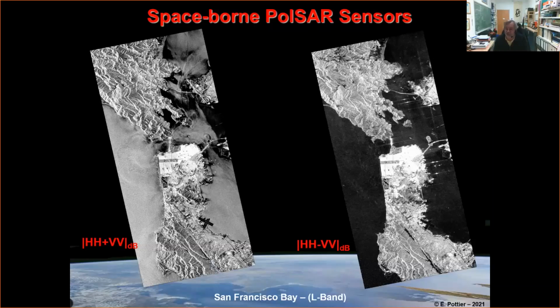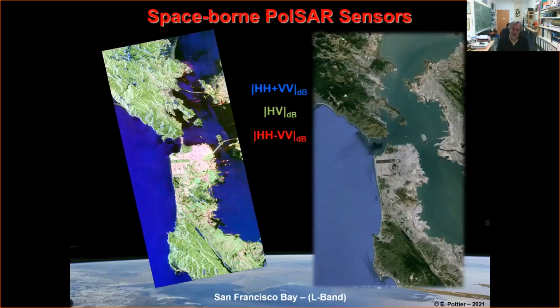And you can see the result of this combination on these two images. You can see that HH minus VV is very low on the sea surface. You do not have a lot of double bounce on the sea surface. You have more single bounce on the sea surface, or you have more double bounce on the urban area compared to the single bounce, etc. So the idea now was the following. I'm going to use the HH plus VV for the blue channel. I'm going to use the HH minus VV for the red channel, and I continue to use the HV for the green channel. And I get this very nice color combination.